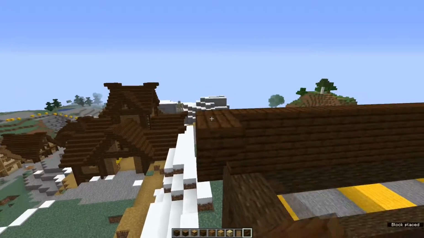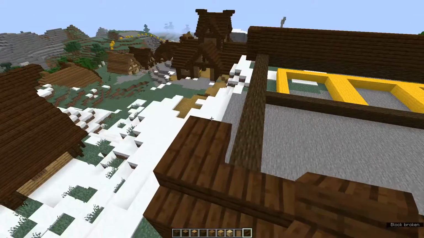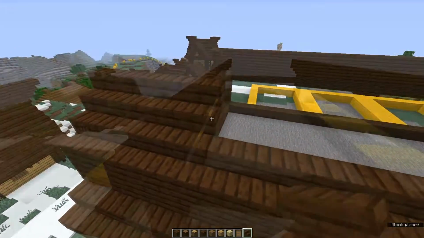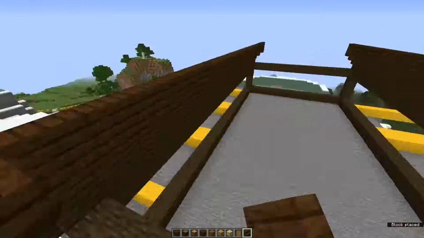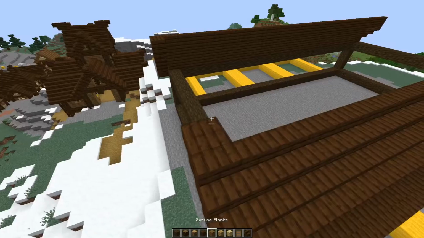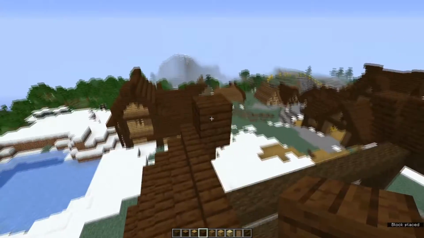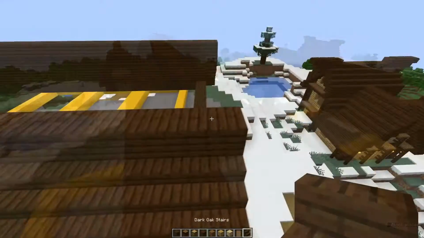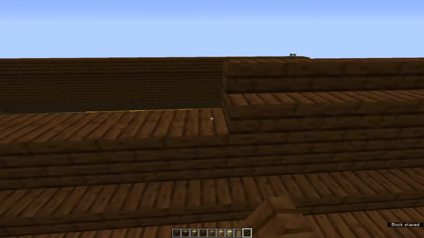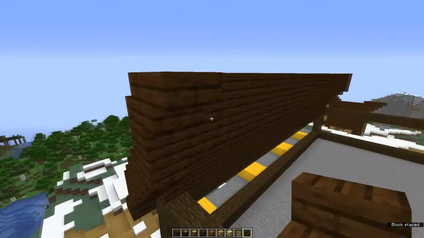Now upside down stairs on the inside of each of those rows, and then place a row of stairs. Now upside down stairs on the insides again, and a row of planks again, and on top of those planks a row of stairs. Now upside down stairs inside those rows,